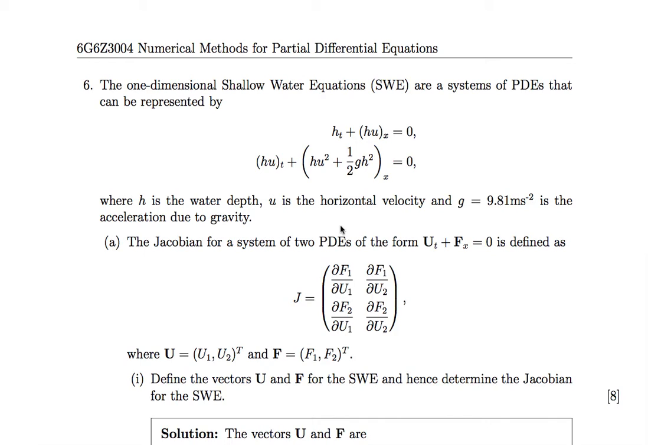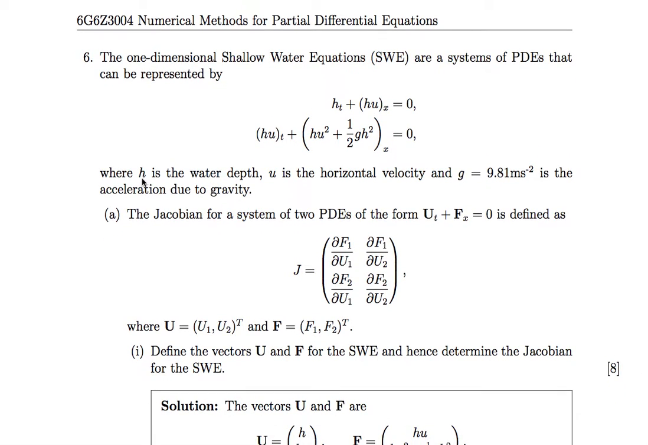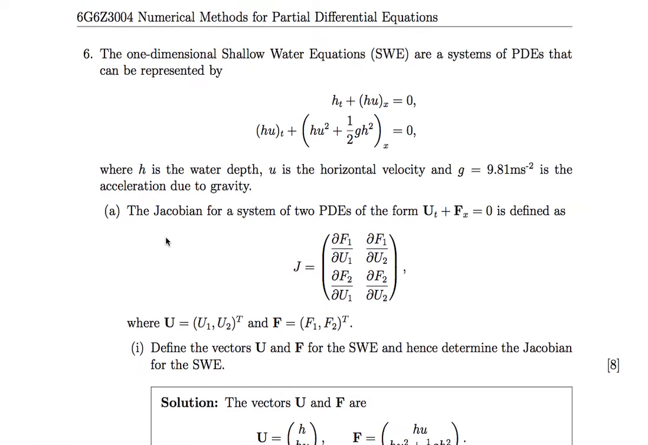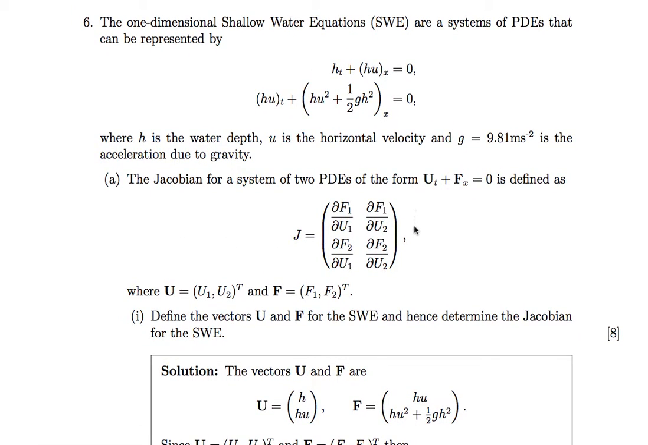I'll be talking through the solution to question 6 of the 2016 examination paper for the unit Numerical Methods for Partial Differential Equations. So question 6 presents you with the shallow water equations, which are a system of these two PDEs, where h is the water depth, u is the horizontal velocity, and g is the acceleration due to gravity. So part A presents you with the definition of the Jacobian of a PDE in this form, where u